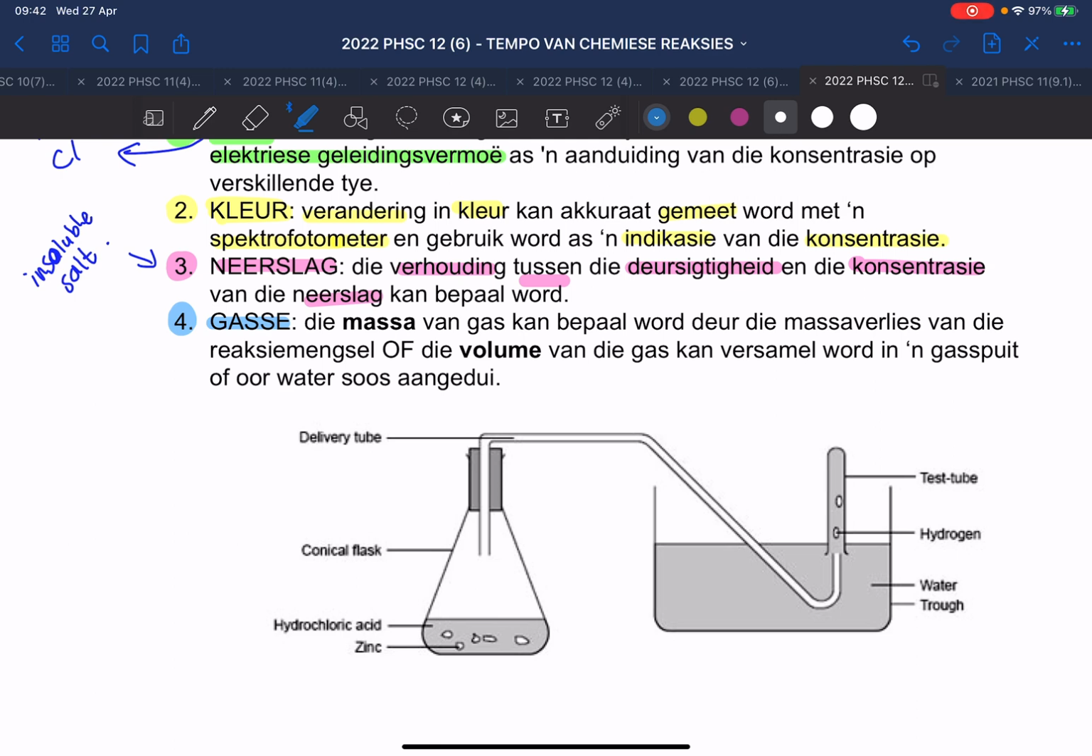So gases can be measured in two ways. Okay, kan twee maniere bepaal word. Of die massa van die gas kan bepaal word. The mass of the gas can be determined. How do you measure the mass of a gas? By determining the loss of mass of the reaction mixture. Okay? Or the volume of the gas can be collected